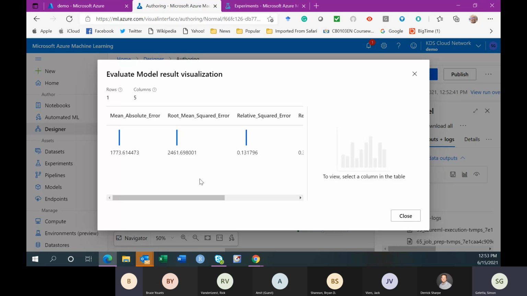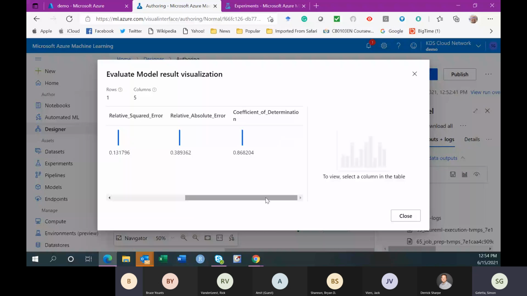So this is the regularized relative absolute error. This one here, regularized. And then the coefficient of determination, which shows the strength of the model, the predictive power of the model. So we want a smaller number here, but we want a larger number here.